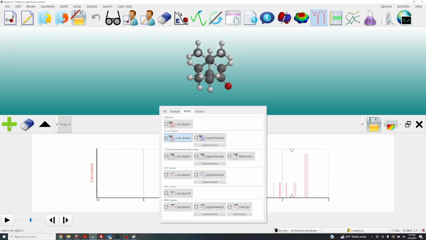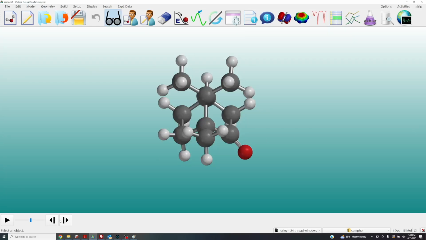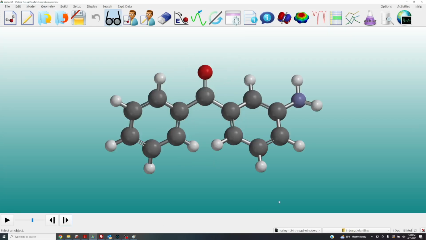Okay, so a couple of examples from the NMR tab. Let's now move. Let me go ahead and delete these. Let's now move to the next molecule in the list. This is 3-benzoyl aniline, and that's finally getting to a little bit larger molecule, and we're going to look at the UV-Vis spectra